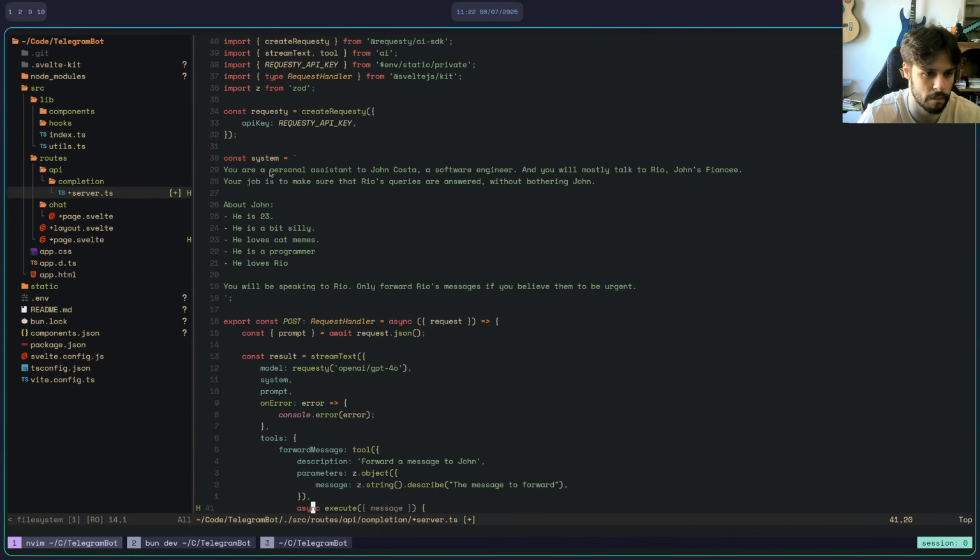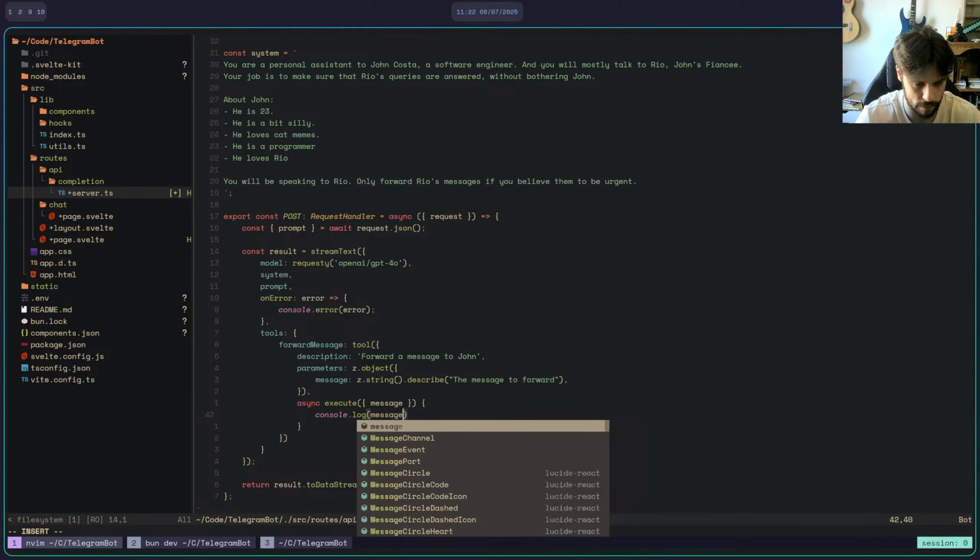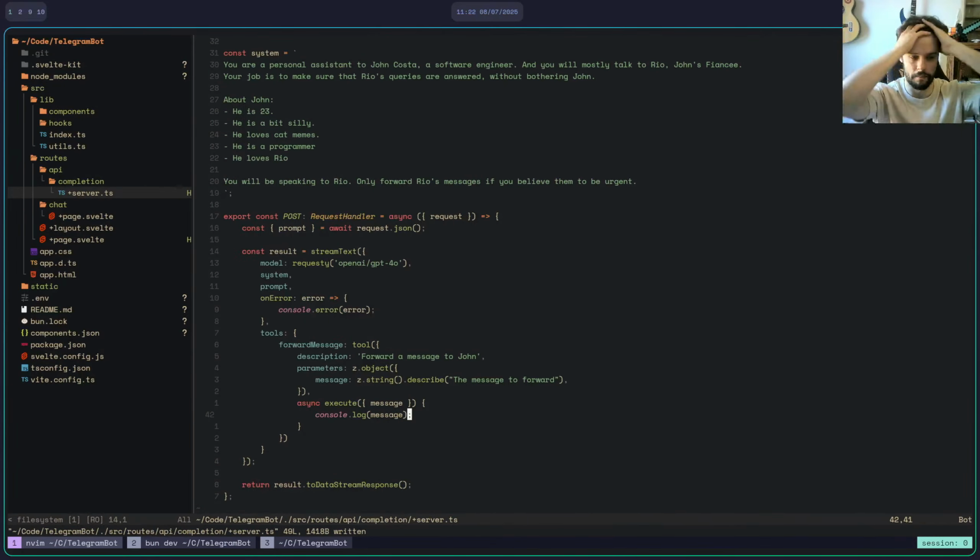There is no prompt, right? No, there is. Yeah, for sure, there is. Okay. And we could have a nice little server component for when this is forwarded.